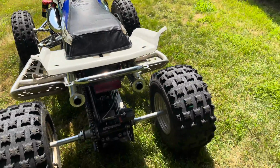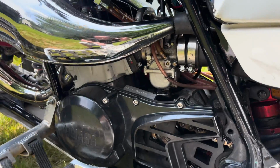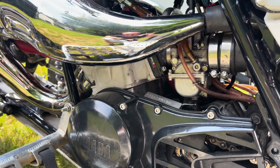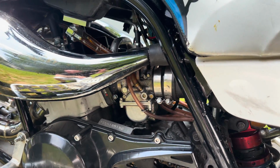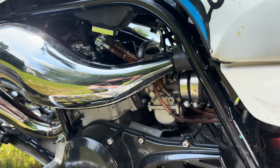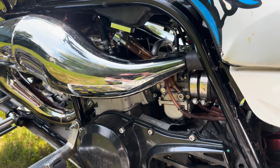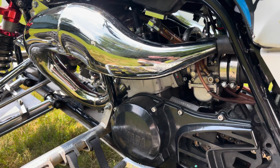Let's see, anything else really on this bike? Of course, oh yeah, obviously V-Force 4 reeds were the best reeds out at the current time. I'm making this video, I don't think they have any 5s yet. It's all right. I am running a crossover tube just for the hell of it. I mean, obviously you could get intakes without the crossover tube, but like I said, pump gas domes, and the